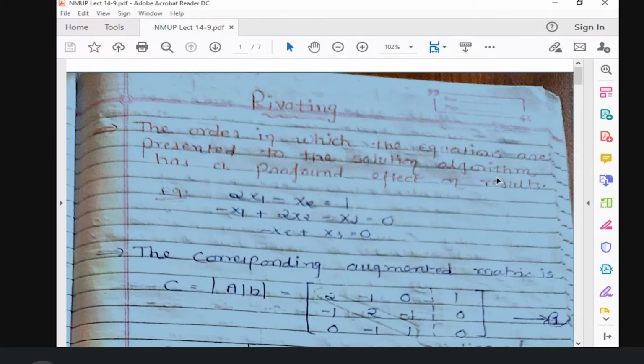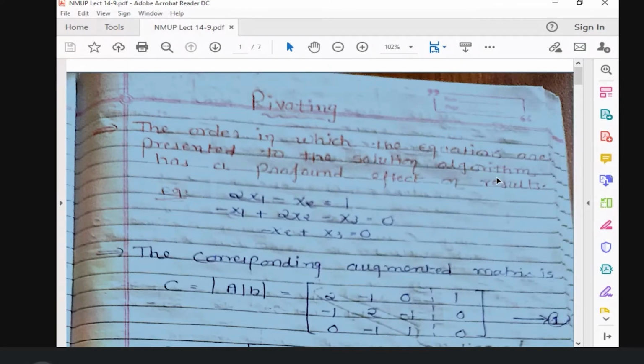So for the tutorial, I had given some examples that you can do by yourself. We'll discuss the answers during our lecture hours in the last 10 minutes. So there is no wastage of your time as well as mine, right? You can solve them at any time whenever you are free. We'll just discuss the answers, and if there is any question or doubt, we'll do that during our regular lectures in a 10 minutes slot, right? Because our concept should be clear, then we don't need so much time for all these things. So right now we'll start with the next theory in the same unit, named pivoting.